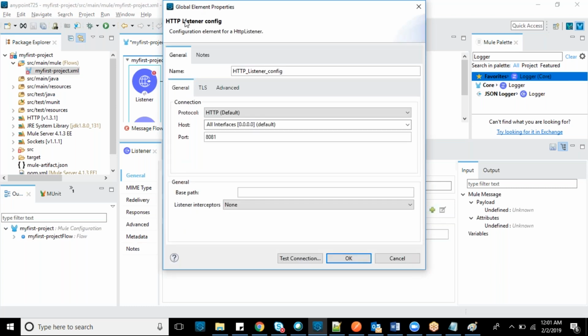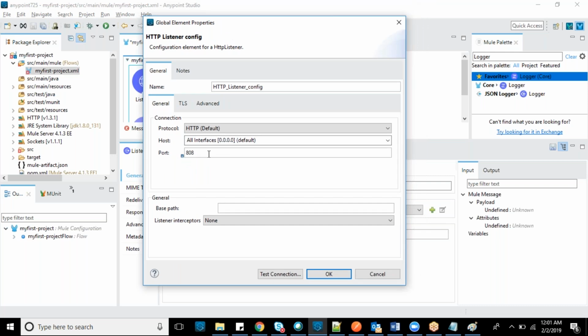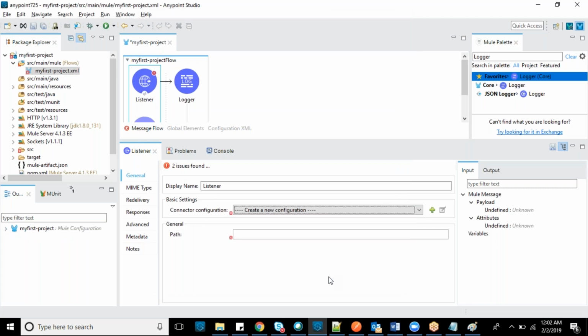You get another pop-up. In this pop-up, you need to configure 8081. Already that is running, so I have given port 8089. Just click OK and give some path like API. Done. There is a tick mark, which means it was a success.